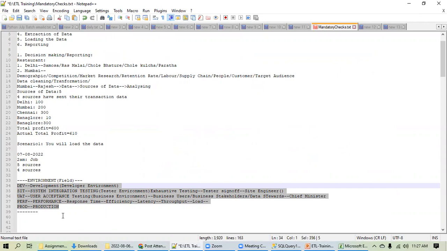Okay, but at a very high level, I'll tell you. Earlier days, what happened? You'll be having a discussion with your business user or the business stakeholders. They will tell you that I want this kind of data, I want this kind of report, and all those things. Everything will be documented, and you will get a sign off from the business stakeholders that okay, it has been discussed that we will create this kind of report.